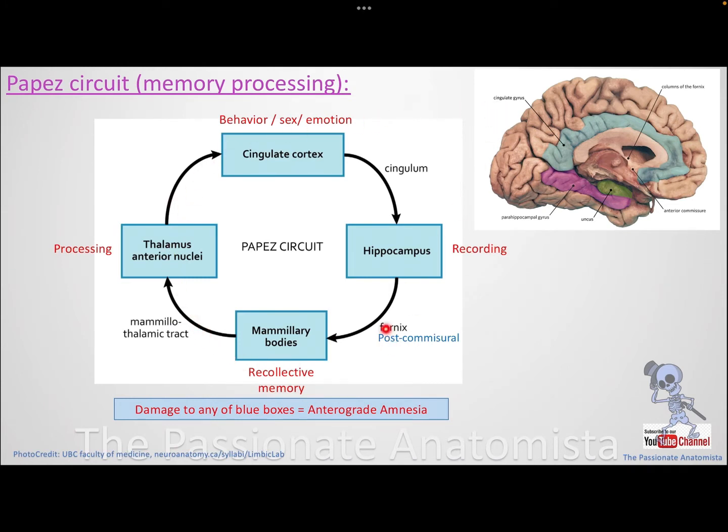If you have damage to any of those participants, you will have something called anterograde amnesia. It means you won't be able to form any new memory. What about the previous memories? It's fine. Nothing happens to the previous memories, because remember, guys, when I explained to you the parts of the cerebral cortex, the association areas,